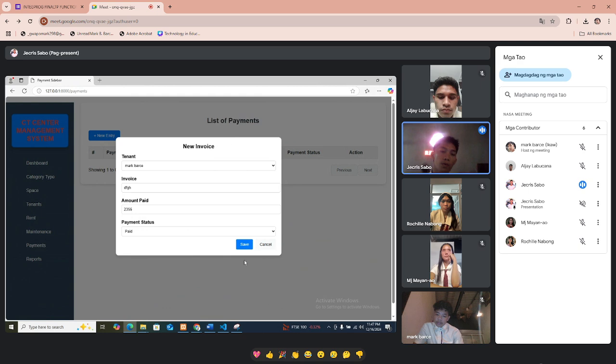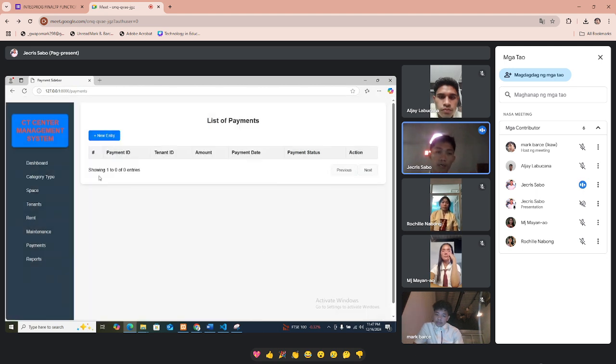We have to debug the submission to display here the payment ID, tenant ID, the amount and the payment date. So that's for the payments, and we will improve that.